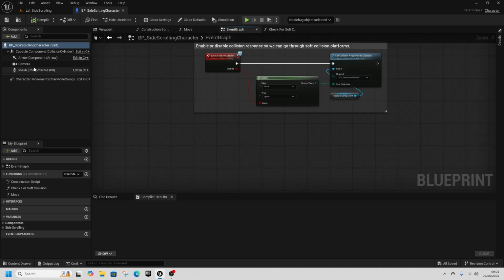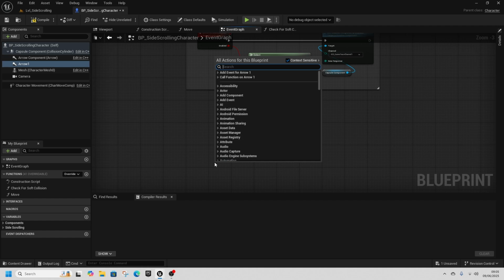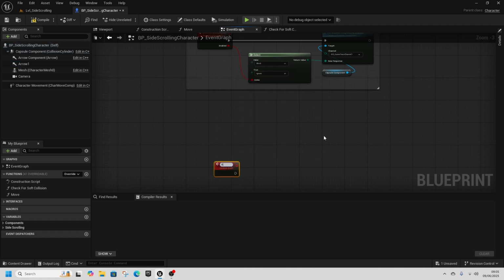Now, to start with, I'm going to want to have a sort of visual representation of where we're aiming before I add in the animations, to make sure that everything is working as I would expect it to. So we're going to add an arrow here, and then I'm going to create a custom event. So right click, custom event. I'll call this aim,